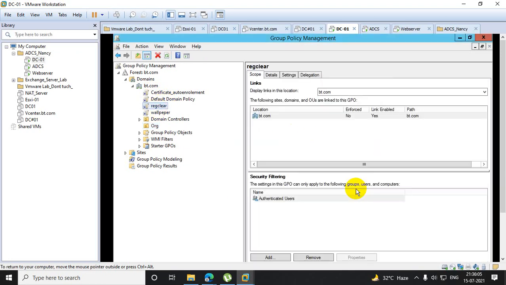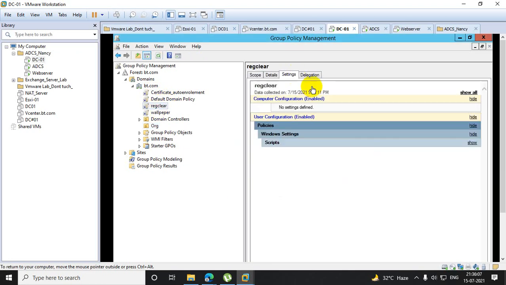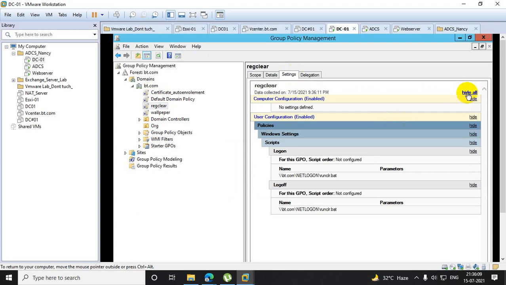So if you click on it and settings, just click on all. That I have created, I have identified the script on logon script and logoff script. Whenever a user logs in, cache will be cleared. Whenever a user logs off, cache will be cleared. That means cache will be cleared.